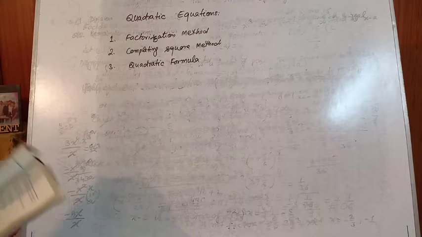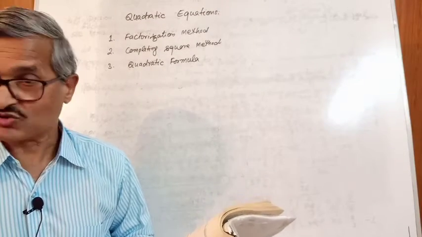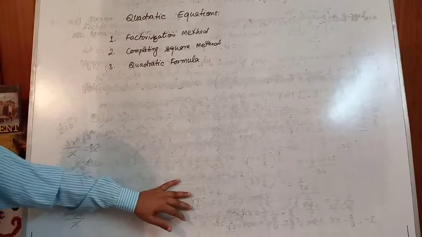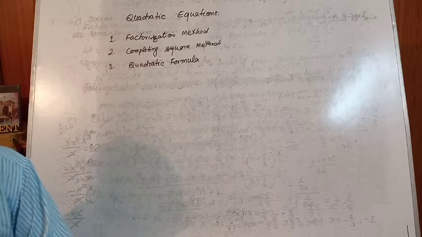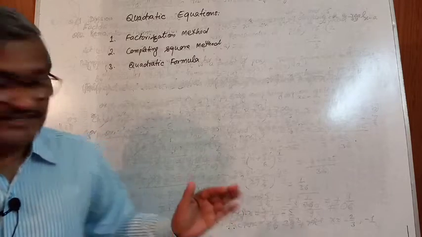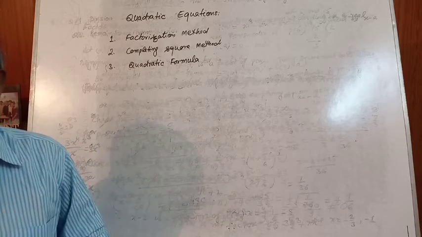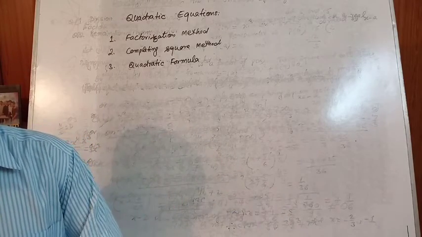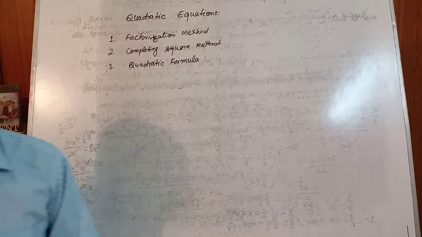The first question says: find the roots of the following quadratic equations, if they exist, by the method of completing square. In the method of completing square we have seen that if the square of some number is negative, it means there are no real roots. If that condition arises, then you leave it there and say that there are no real roots. And if possible, then find the real roots. Four parts are given, and we have to use the completing square method.